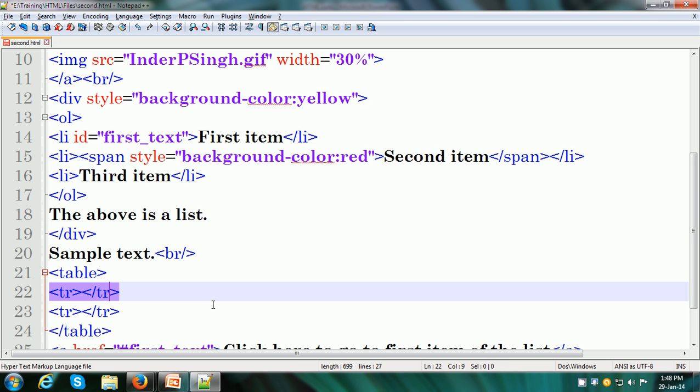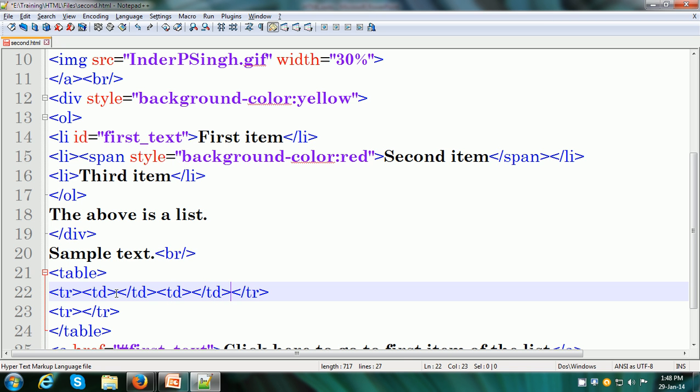Now within the row, that means within the tr opening and the closing tag, we have to use the td tag to specify the cells within that row. So the tag for putting a cell is td, and let me just put a couple of cells here, td and slash td.